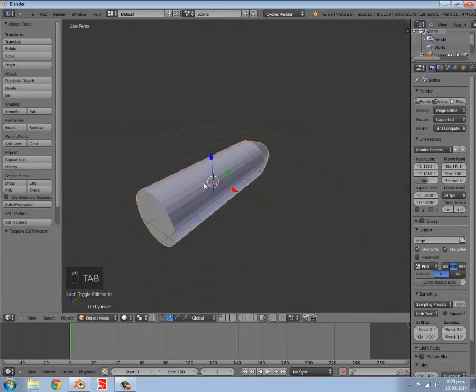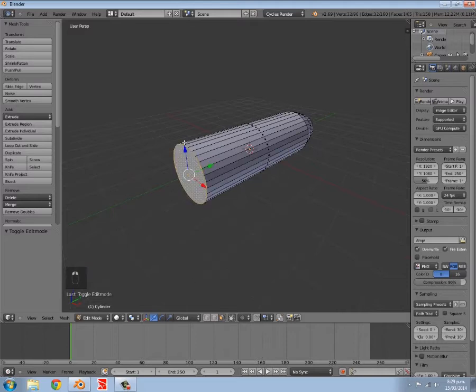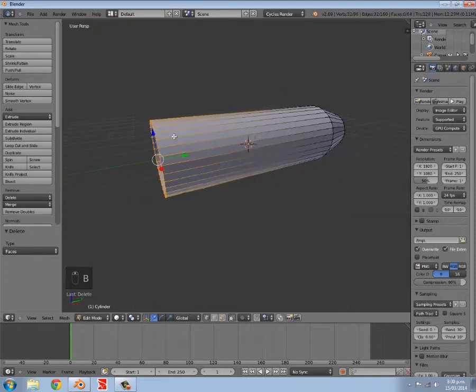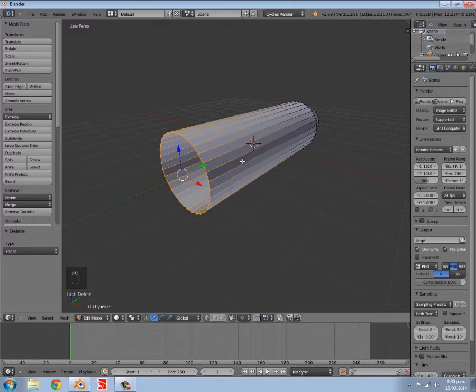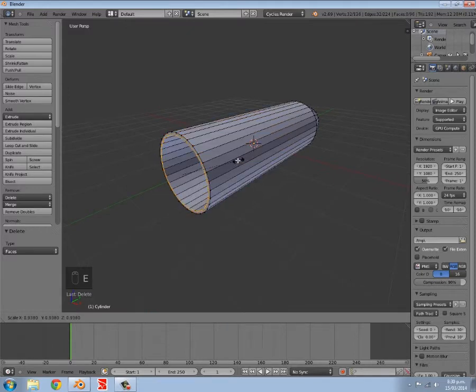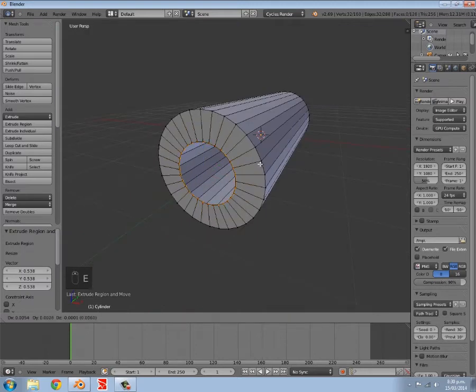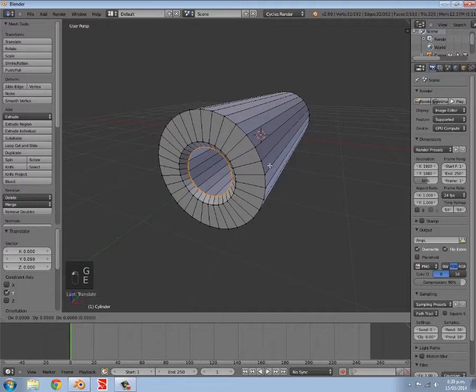So now we'll do the back. Go into face select mode, select the face on this end, press X to delete faces. Then I'm going to go into vertices select mode, press B and select all the vertices around there. Then I'm going to press E to extrude and S, and going to make it smaller. Then I'm going to press E again and S, and then G Y, drag it back a bit, press E again